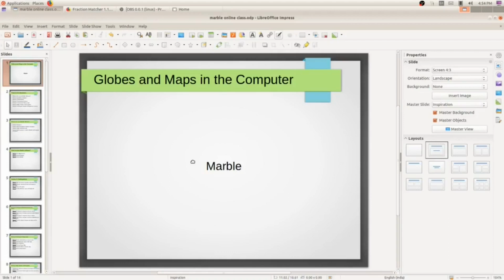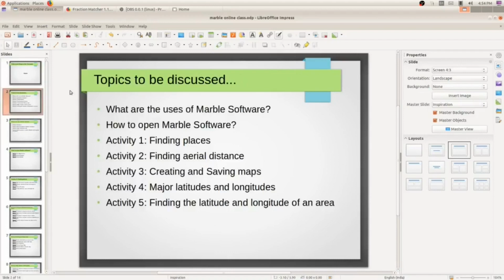These are the topics which we have already discussed, and in today's class also we are going to review these activities for your better understanding. Today we will discuss all these points once more.